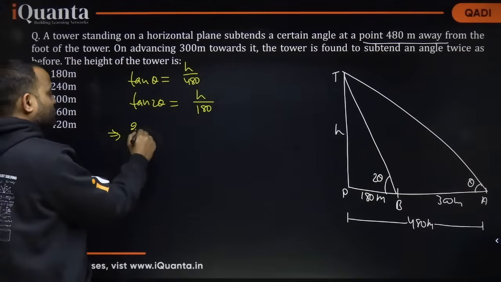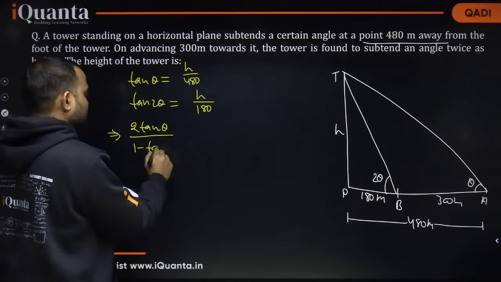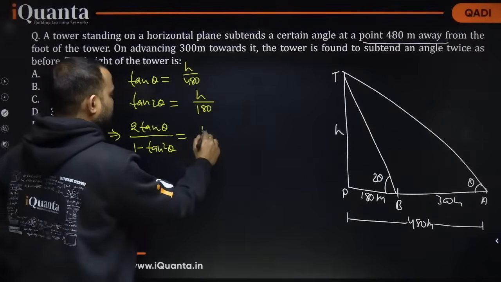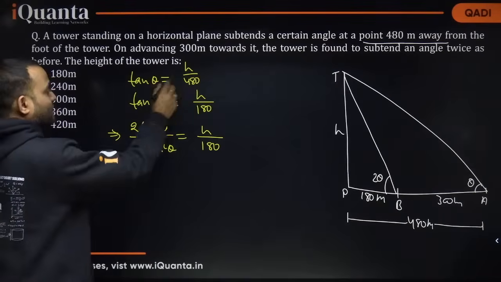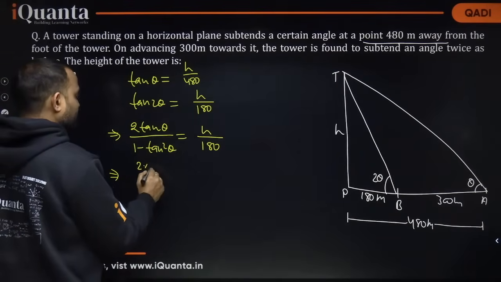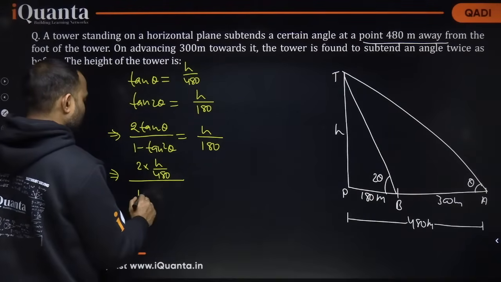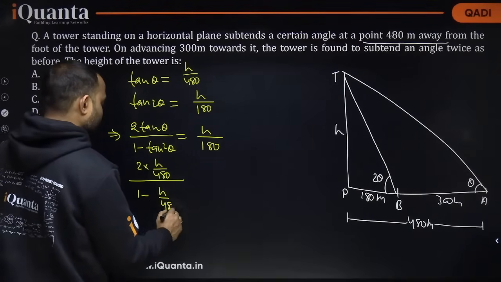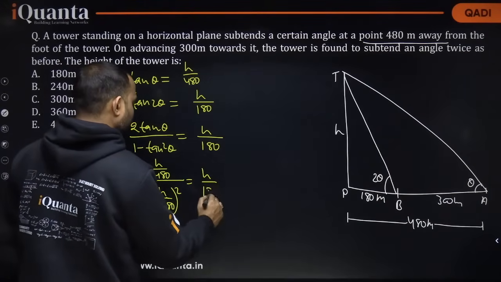That is equal to 2 tan theta upon 1 minus tan square theta. That is equal to h upon 180. Now let's put the value of tan theta from here. So 2 into h upon 480 divided by 1 minus h upon 480 square is equal to h upon 180,